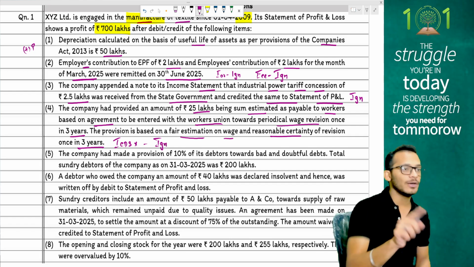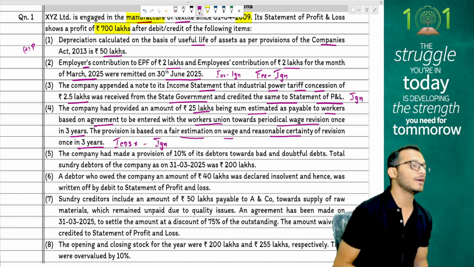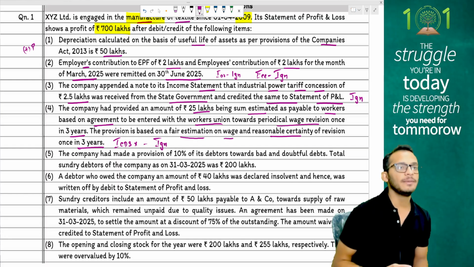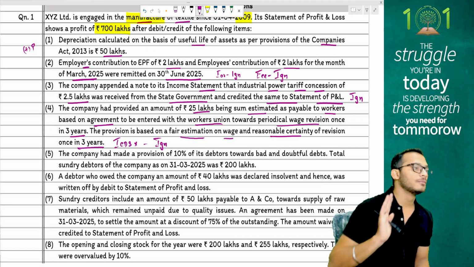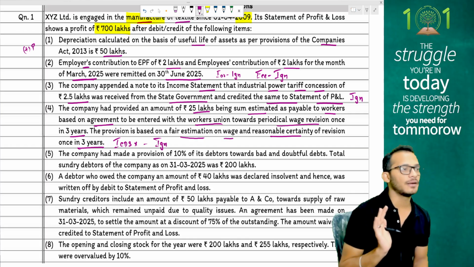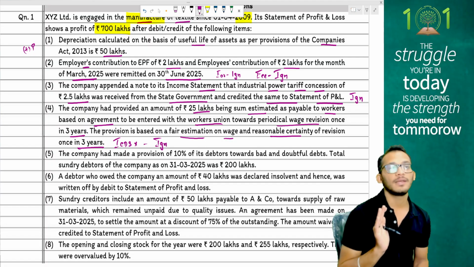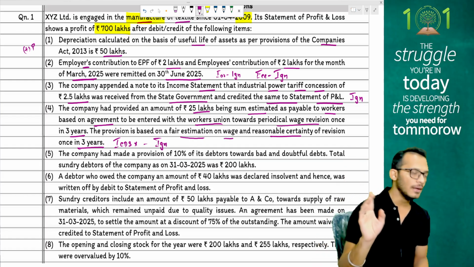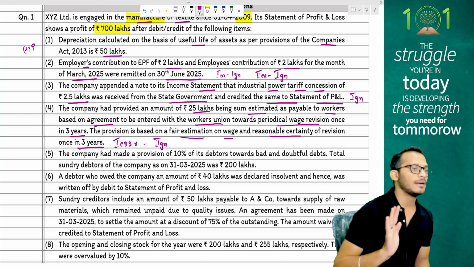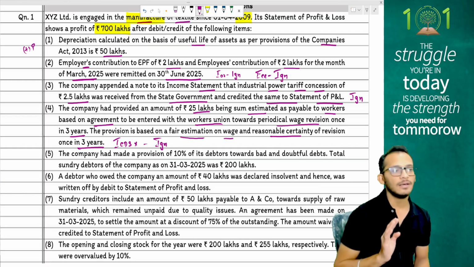If the same question would have said that instead of doing provision for wage revision, I would have done provision for gratuity, I would have disallowed, because 43B will come and say provision created is fine, but you should have made the payment, which you did not do. So on delay of payment, I would have disallowed under 43B, but on provision basis, I will keep it as deduction because there is a section called 40A7. Yes or no? Yes. So when it comes to provisions, ask yourself whether 43B is triggered. If yes, then it is disallowed. If it is not, then you allow it as deduction unless it is provision for bad debts, which is under 36. Clear?